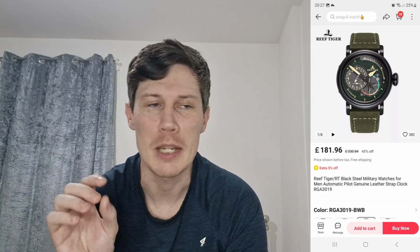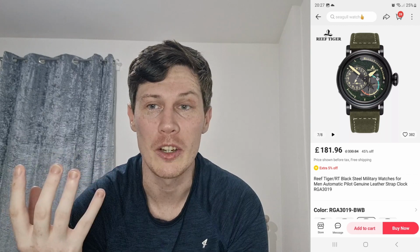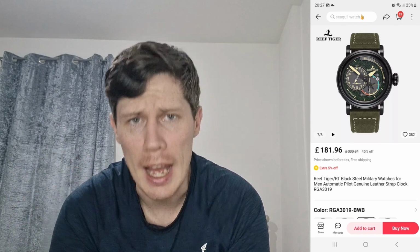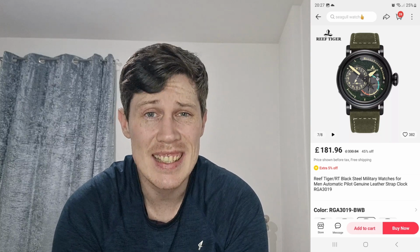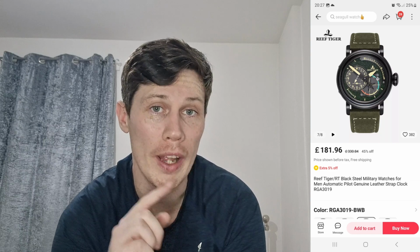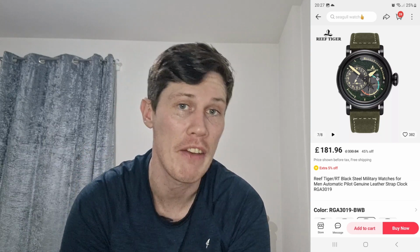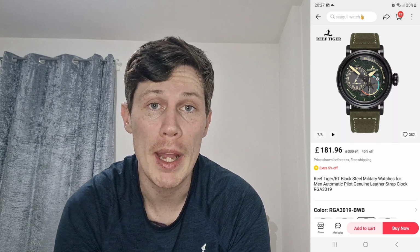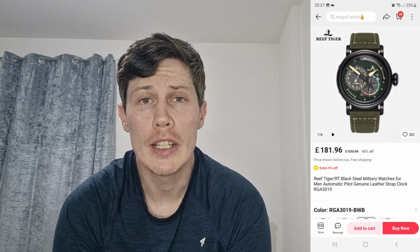It definitely has that type of look of some of the older or some of the more out there Seagull models have. 50 meters of water resistance. It is a pilot watch. It can come either in a DLC coat or a bronze coating. It is, however, 316L stainless steel. 40mm diameter, so a very wearable watch, and it is available on the